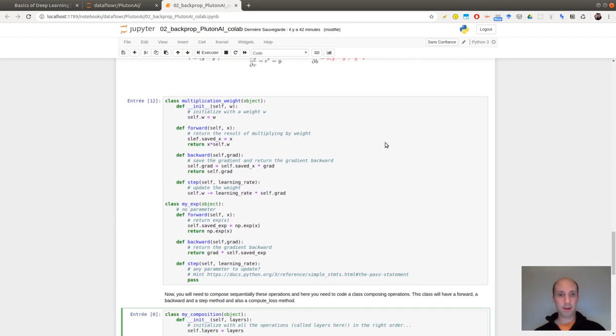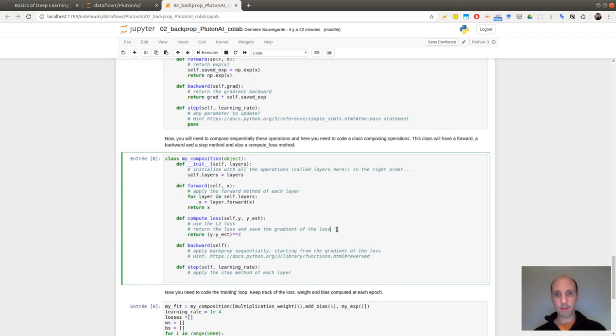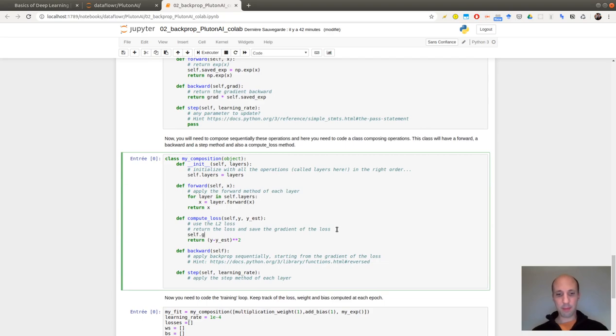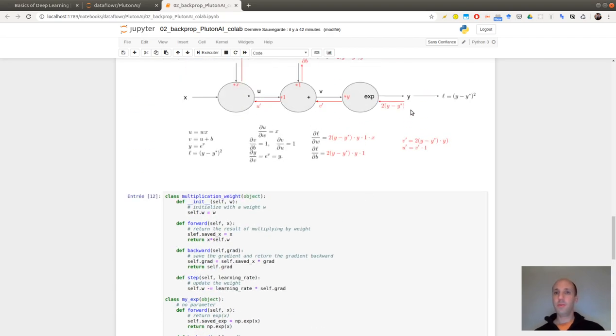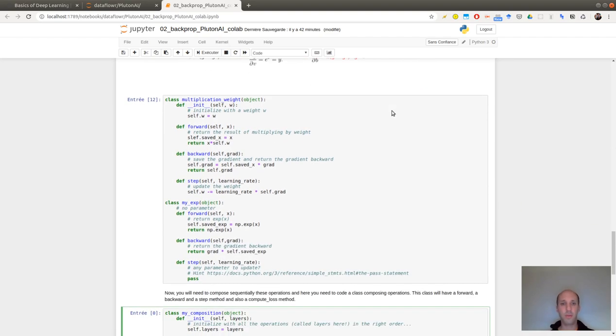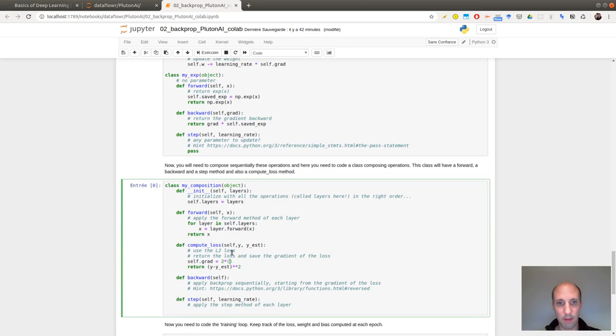So self grad, two times... So 2 times y minus y star, so this is the estimated y minus the true one. Y estimated minus y.